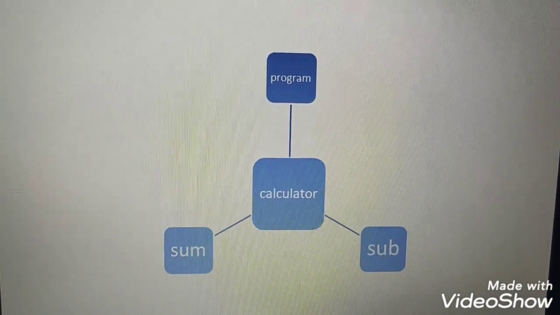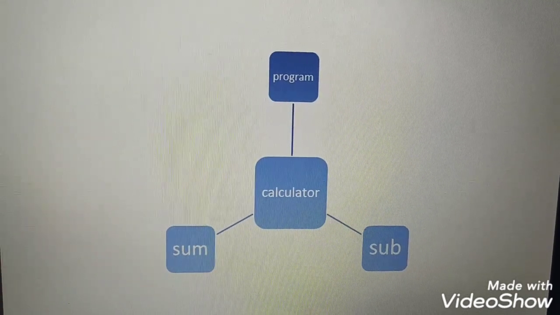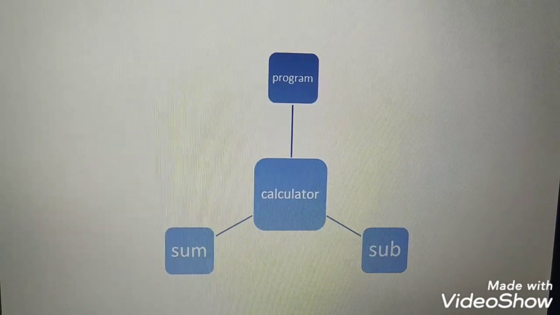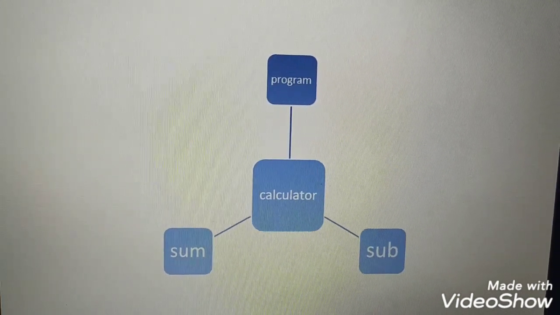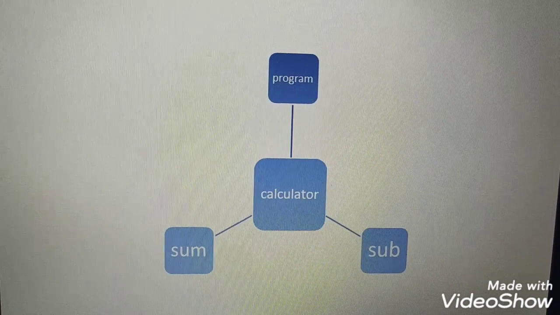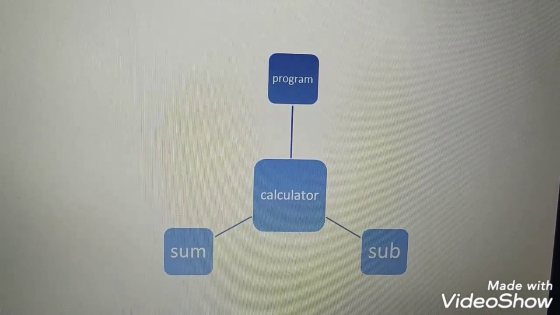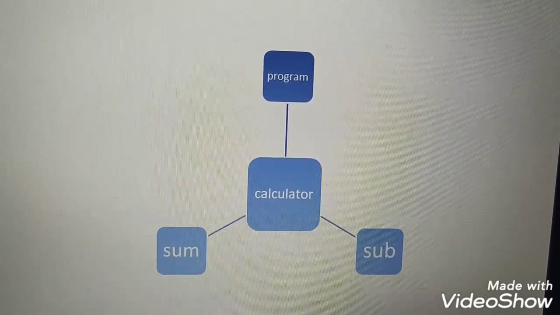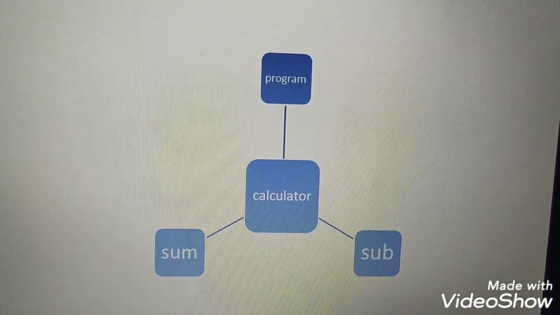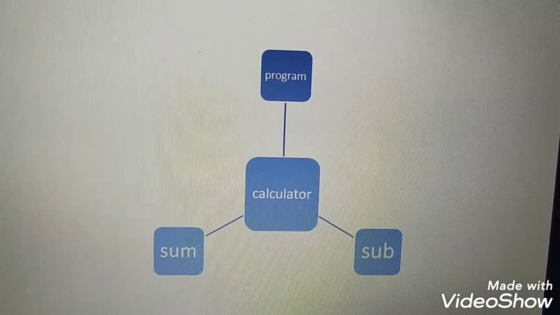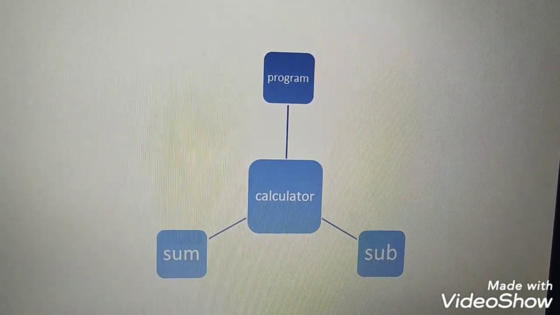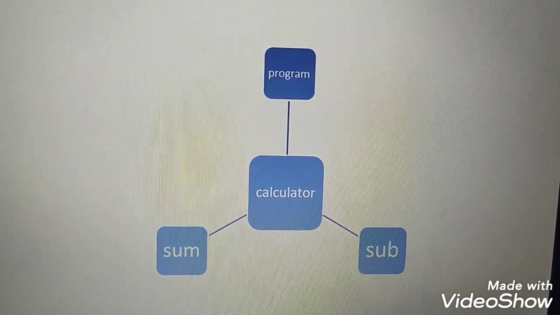The sum method is used when we need to add two numbers and store the result in a third number. And in the subtraction method, when we want to subtract a number from another number and store the result in a third number, then we have to use the subtraction method. So in the example you will be more clear. You just look at the example.